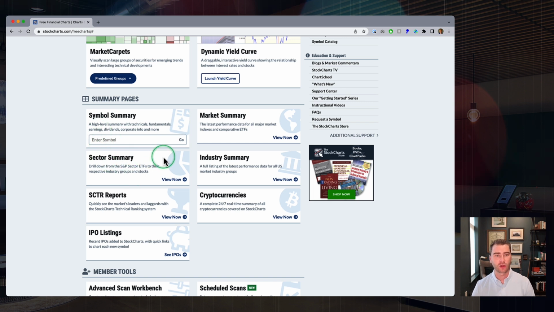You've got that full card, which gives you a quick description of what this tool is. You can enter a symbol in that box right here, hit go, and you're off to the races. Now, before we jump over to symbol summary, there's one other important way to access this tool for all of